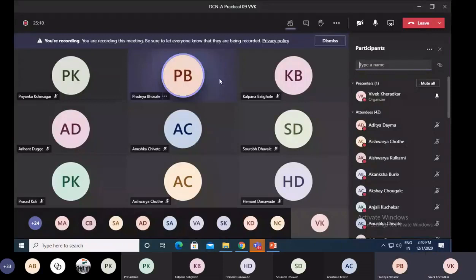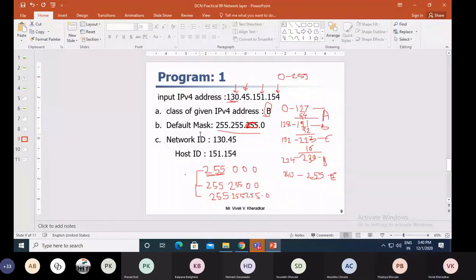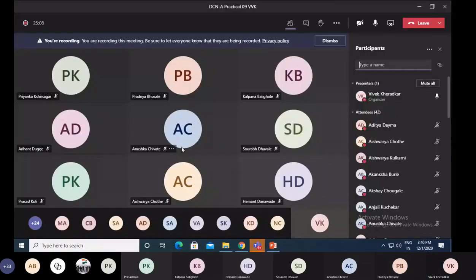For class A, the first 8 bits are for network ID and the remaining are for host ID. Okay, good.